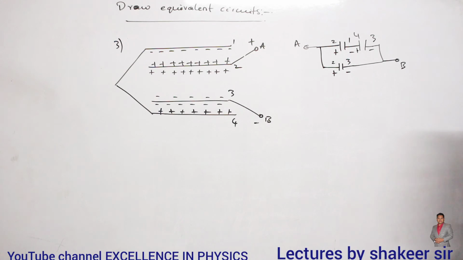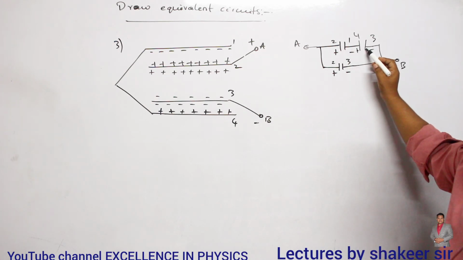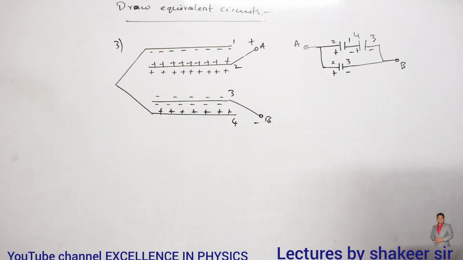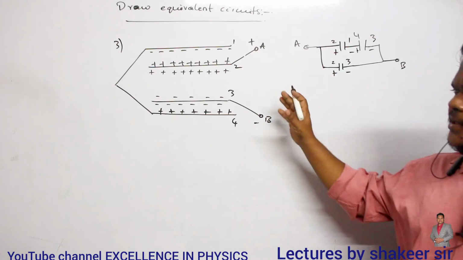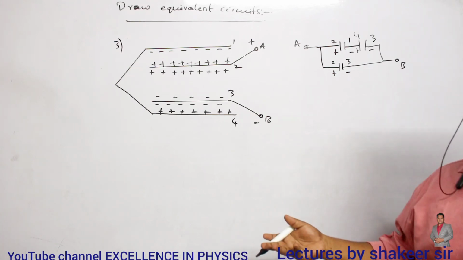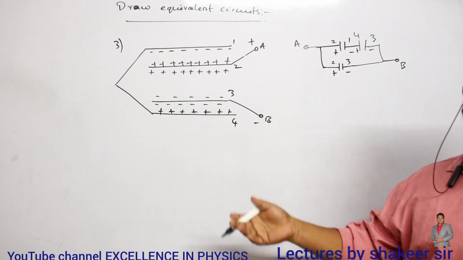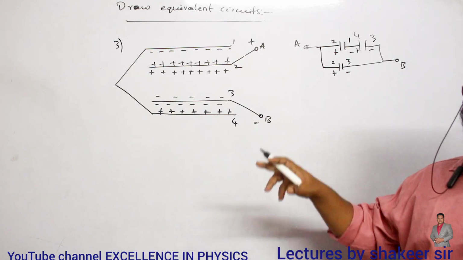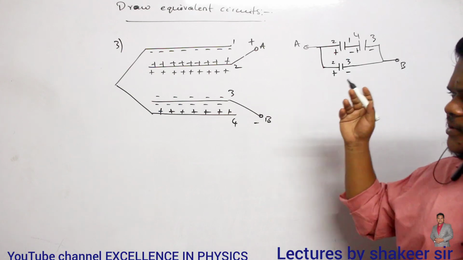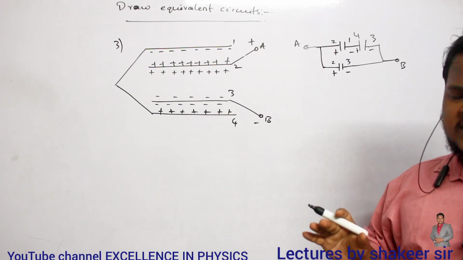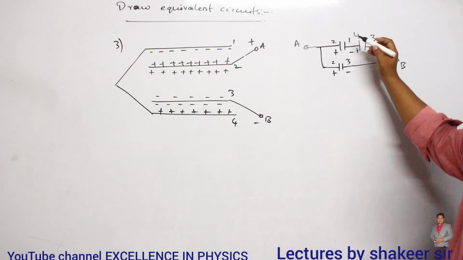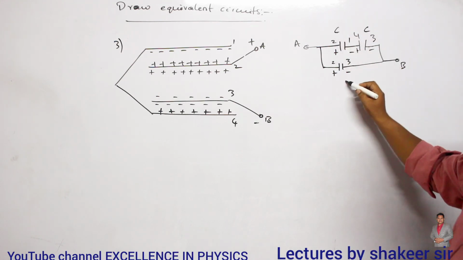That's all. Clear? So therefore C and C, they are connected in series connection. To this one, this is connected in parallel connection. Okay? See, in these diagrams, one thing is an assumption. What is the assumption? Area of every plate is equal. Distance between any 2 plates is also equal. Based on this assumption only, we are doing this problem. Clear? Area of every plate is A only. Distance between any 2 plates is D only. Okay. It means capacitance of every capacitor we are assuming to be same. So capacitance of this one is also C, this is also C, this is also C.